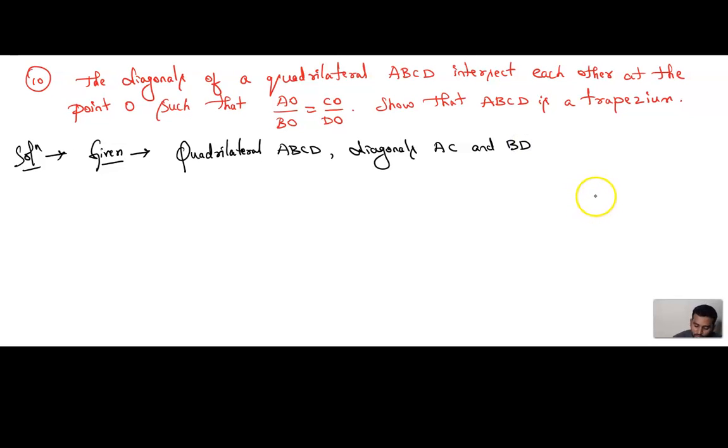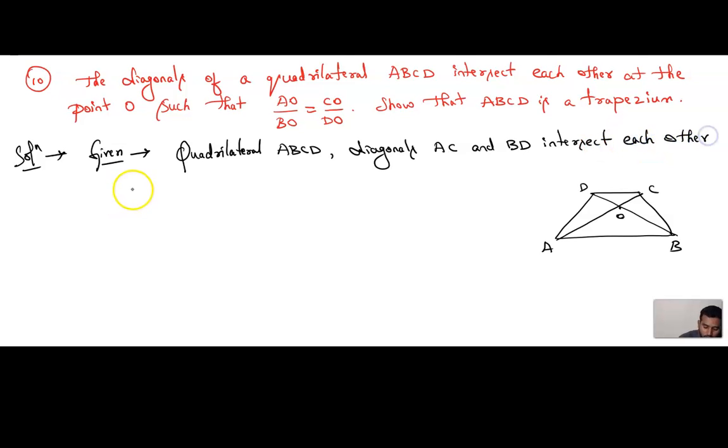If you are getting confused, first draw the quadrilateral as a trapezium. Draw it in the shape of a trapezium because we have to prove the trapezium only, no? For that reason. So let me say AB, CD, this is a trapezium and these are our diagonals which meet at point O. Okay, we have drawn a quadrilateral ABCD. Diagonals AC and BD intersect each other at O, comma, such that